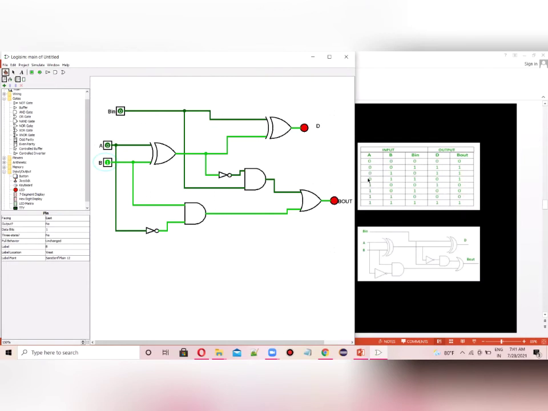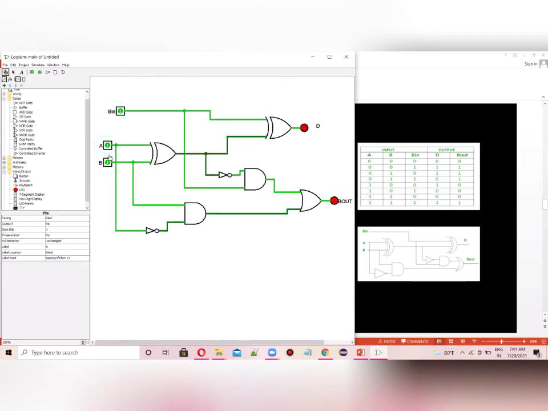Now let's check the fourth case where A is 0 and the other two inputs are 1. We can see that D is off and Bout is on. So that is also correct. Let's check the fifth case where A is 1 and the other two are 0.